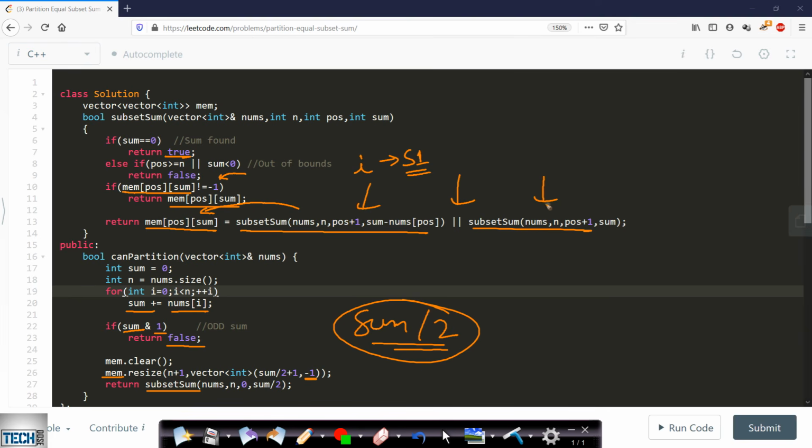And this second one is saying that we are including I in subset S2. Including I means that we are including it in our subset, and this is excluding it from our subset S1. Excluding from subset S1 means including in subset S2. So this is the subset sum problem code, and I hope it will be very easy to understand.